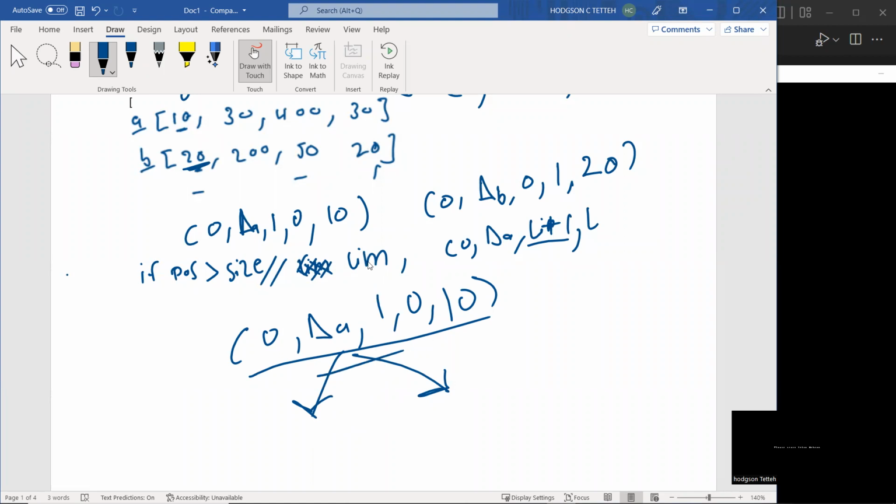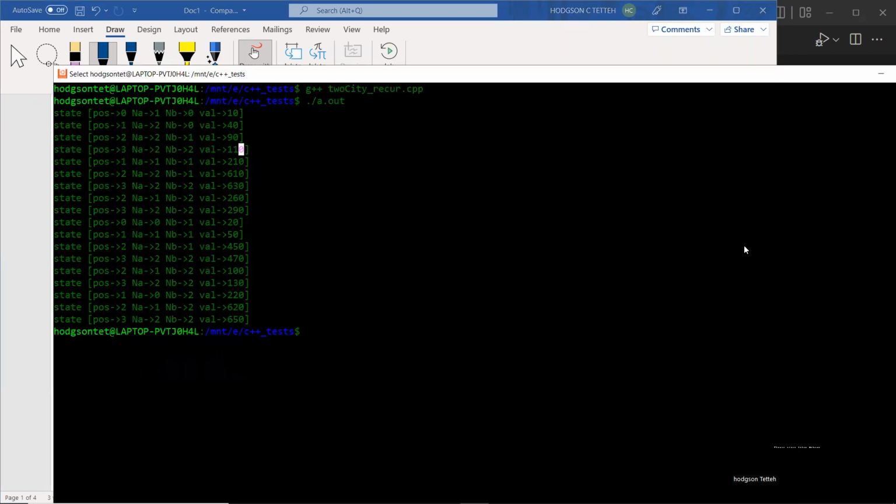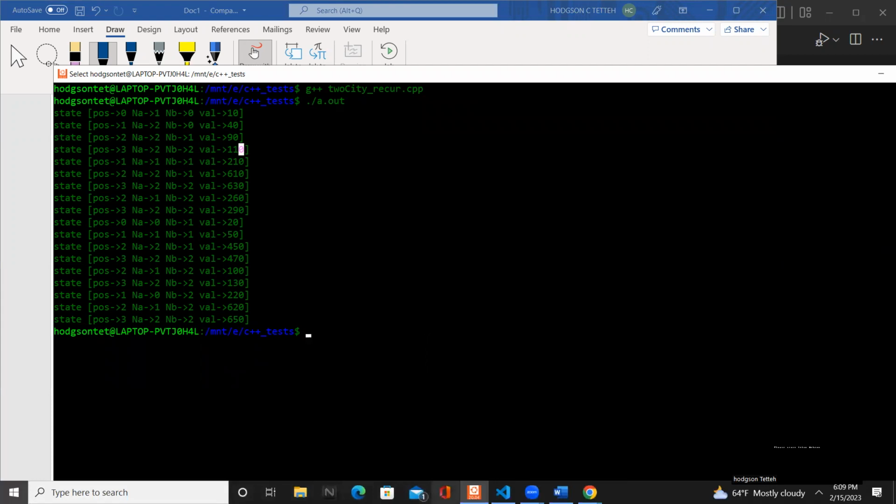And so what we can do is store some states, and then we'll see if we've seen a state before. If we've seen a state before, we won't go to this state. If we've seen that state before, I don't think this will help doing that, simply because